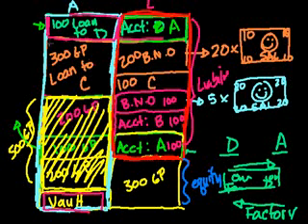So in this example, if I assume that this loan is really worth 300 gold pieces and it's really going to be paid back, and this loan right here is really worth 100 gold pieces and it really will be paid back, this bank is solvent. It has more assets than it does liabilities. So if it has enough time, it will be able to pay back all of its liabilities. But if all of these people all of a sudden come in and want not just 500 gold pieces, but 600 gold pieces, right?